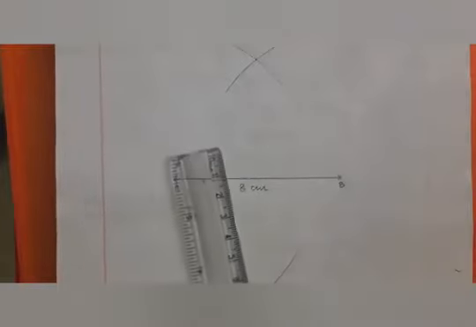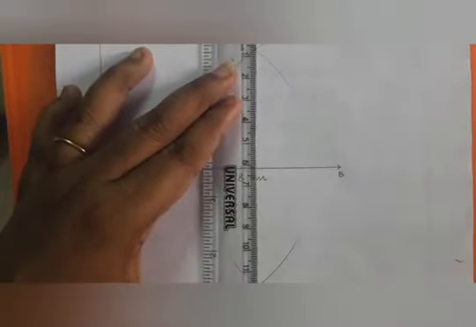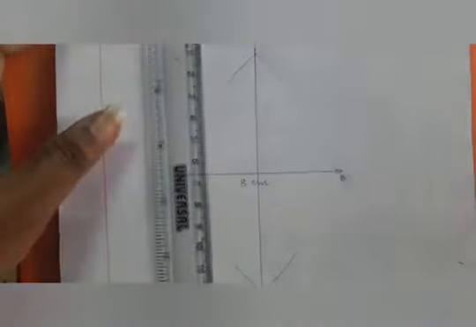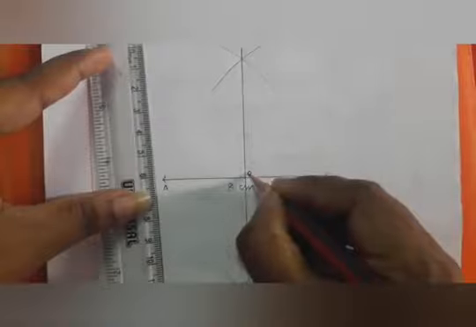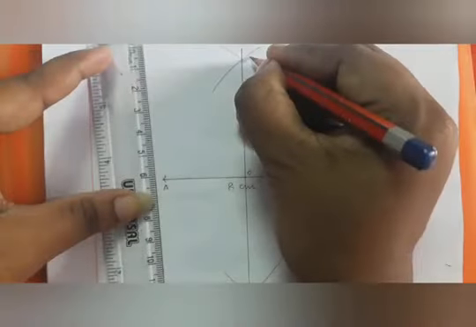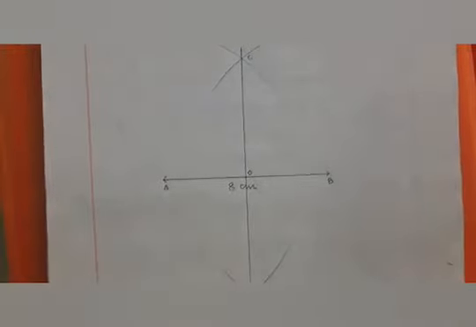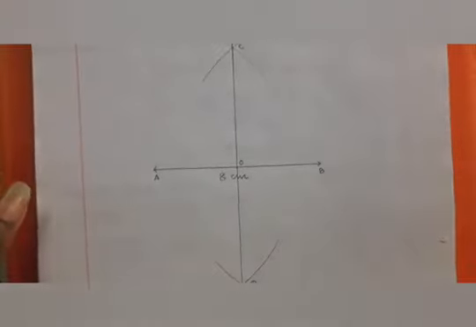So we are going to connect these two arcs. Okay, fine. So I am going to join it. So we have joined this. So this is the figure, and just name this part as O, and mark the ends as C and D. That's it. This is the perpendicular bisector which you have to find for the given question. Clear? So geometry, if you go with this, it will be very easy for you to construct.